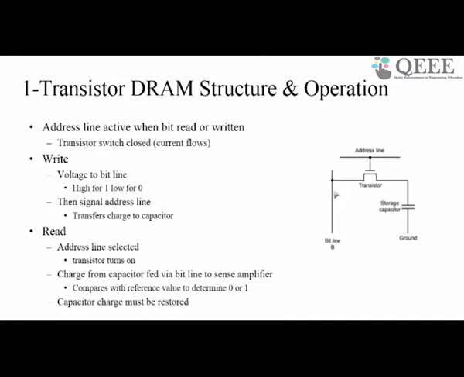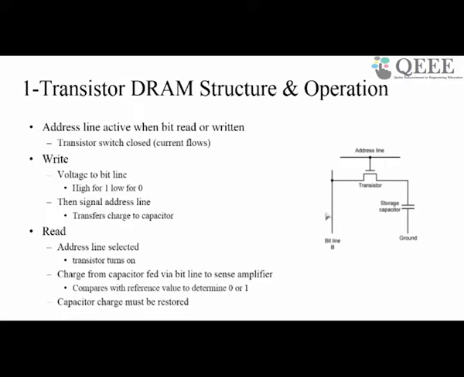Then if the B line is 1, this capacitance gets charged through this conducting path, and a bit 1 is stored, the capacitor gets charged. Even after the address line is taken out, the capacitor will retain that charge, but it will slowly leak. In the case of reading, the address line is selected, the transistor is turned on,